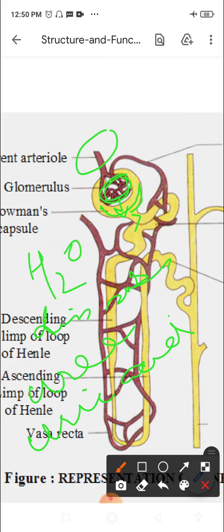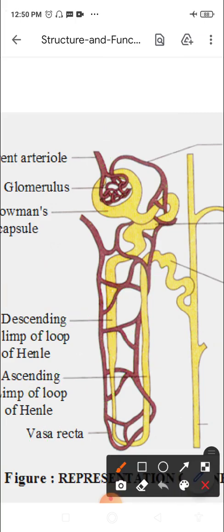The blood after ultrafiltration, you will see the next blood capillary that exits the nephron is the efferent arteriole. So after the filtration, the rest of the blood flows into the efferent renal arteriole. So the glomerular filtrate and blood plasma are similar, except that glomerular filtrate does not have proteins and fats because they are bigger molecules. So the filtrate, the things that flow into the renal tubule, do not have proteins and fats.